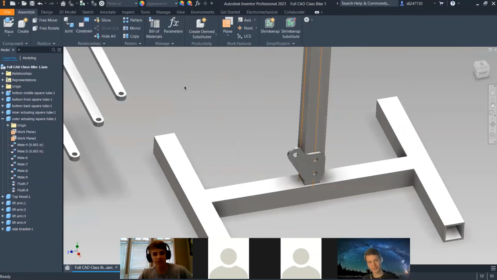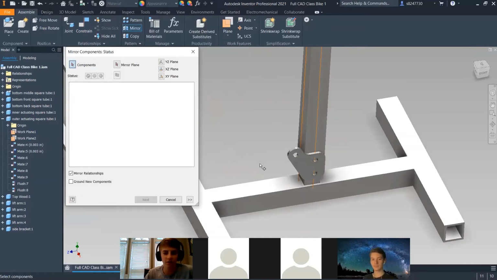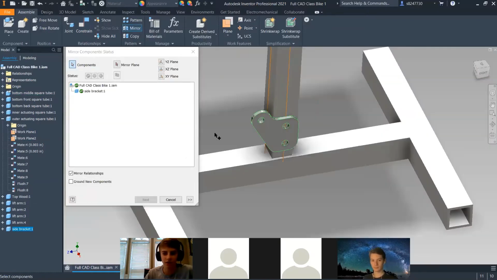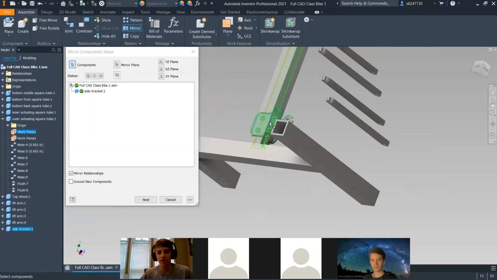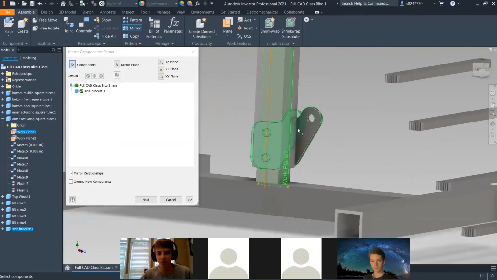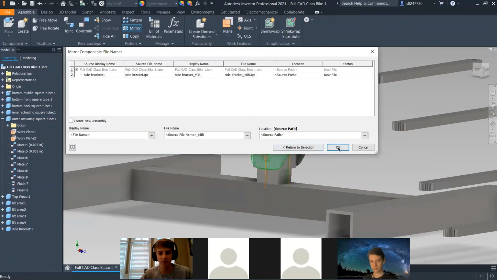Autodesk has this fancy tool that is called mirror. So what you can do is click that, click mirror, click this component, and then click mirror plane. And we want it to go right across this plane right here. So now, instead of having to constrain that entire other piece, what I can do is just click next. And then,